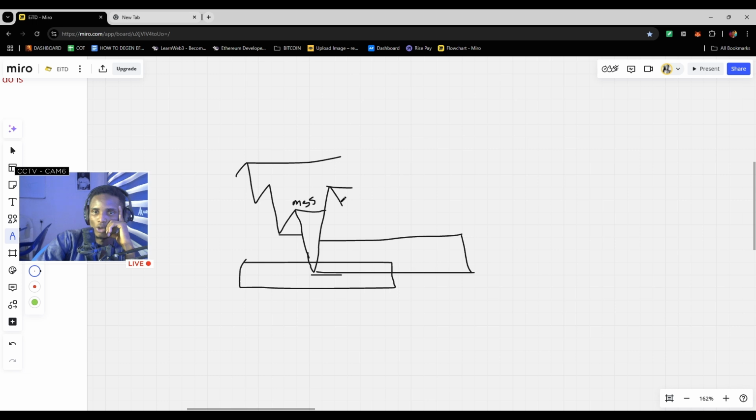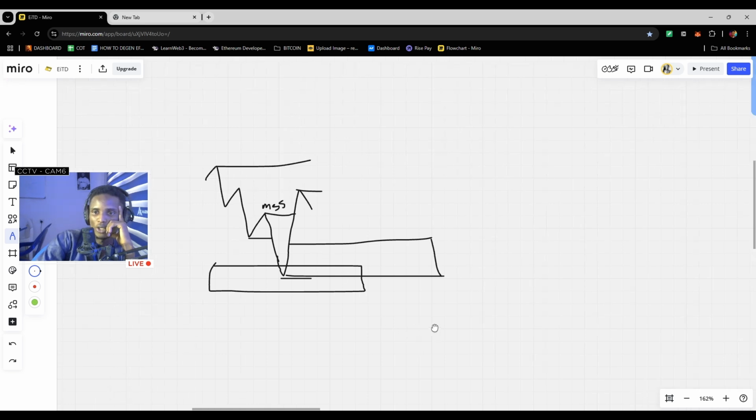We don't want it to tap in the level and start distributing. Okay, this is the type 1. For the type 1, we only want to see market structure shift. We don't want to see the distribution. But in the type 2,